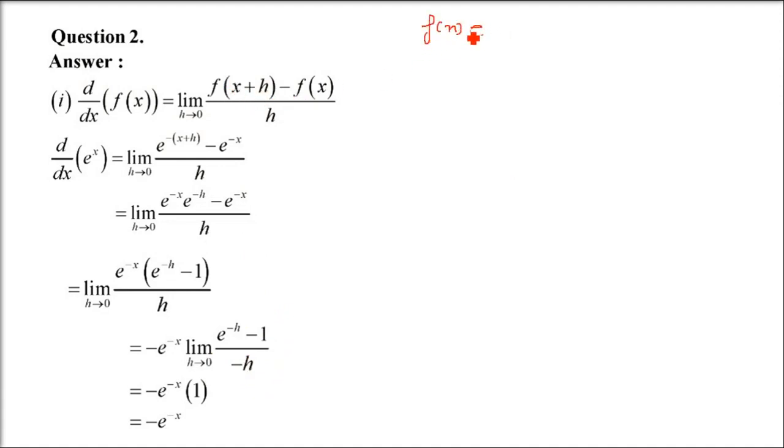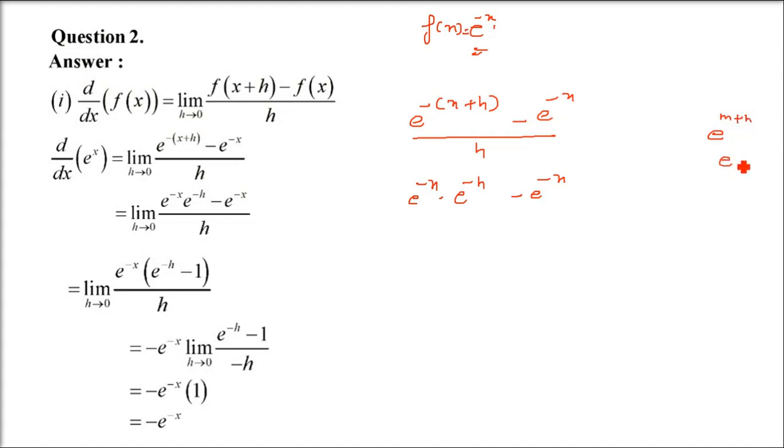So f(x) is given as e raised to minus x, negative x. So what we will do? f(x plus h), that is put x as x plus h first, e raised to minus (x plus h), minus f(x), that is e raised to minus x, and division by h. And this will be limit h tends to 0. I'm not writing that right now. Just e raised to minus (x plus h) can be written as, if e to the m plus n is there, you can write e^m times e^n. The powers add. So e raised to minus x you can take common now, e raised to minus h minus 1.